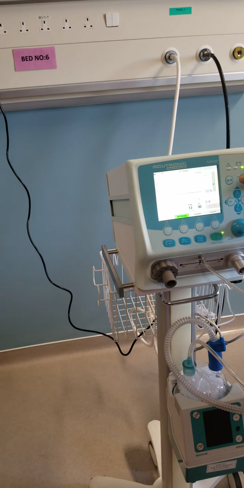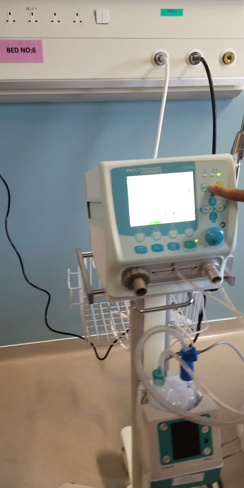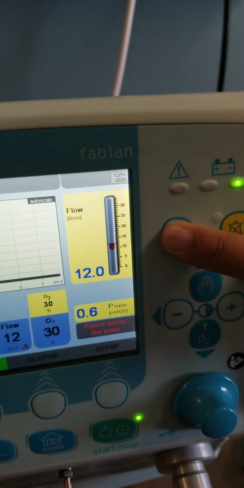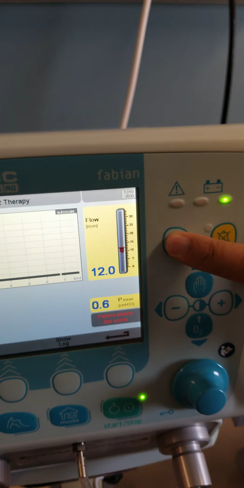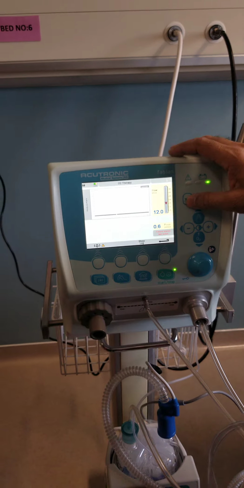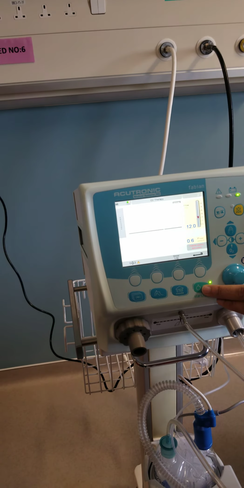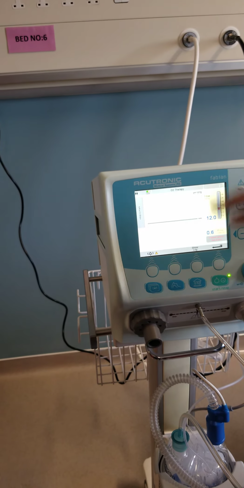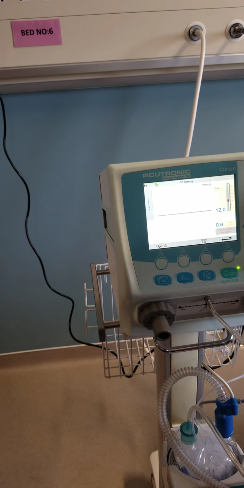Good question. Okay, so for the alarms, now see, this is the alarm symbol. In case you would like to set, I press on the alarm. I think in this case it's not active because CPAP is. Where am I? So what about the FiO2? No, I think it's because of. Let me go to CPAP.